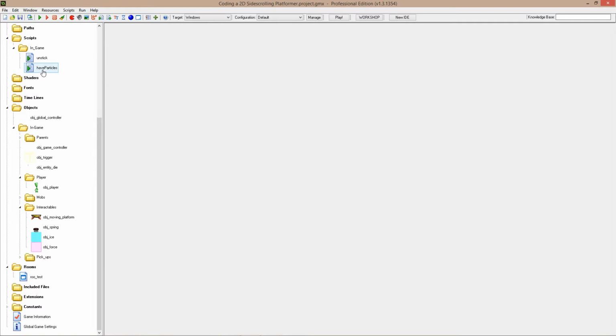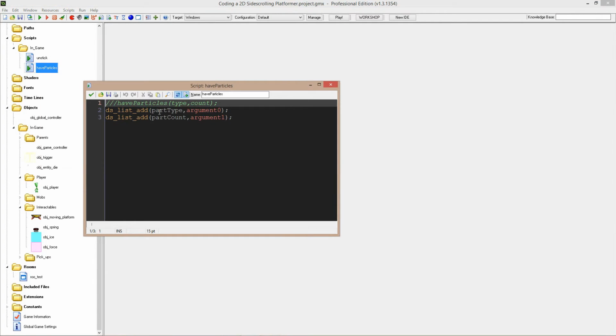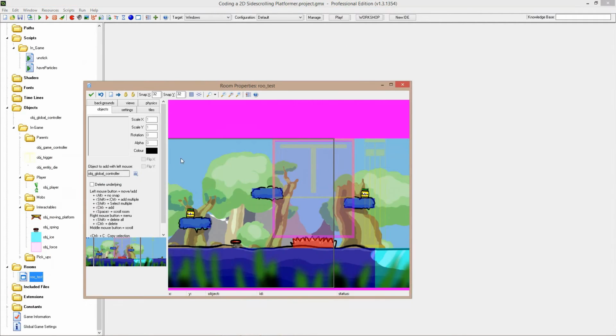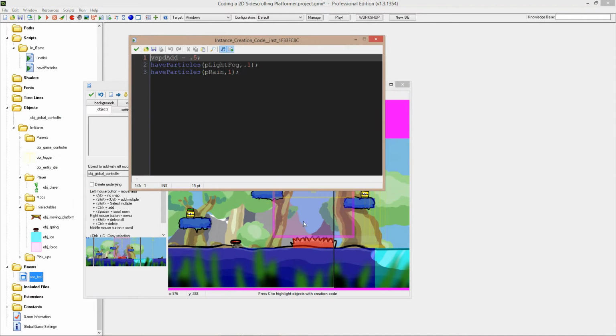I have one new script here, and it simply adds 2 arguments to DS lists. I'll tell you why in a moment, but it's just the type of the particle and the amount of particles, and its name is simply have particles. You would like to call this in the creation code of your force here for every particle you want,